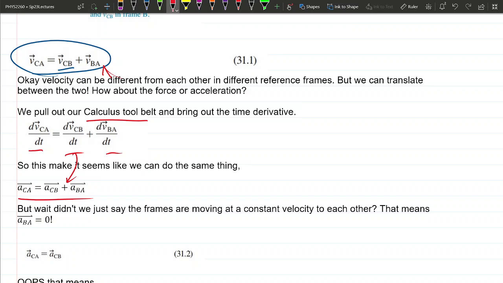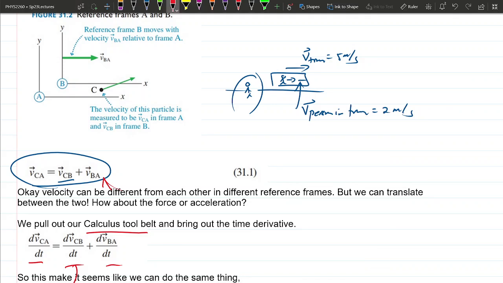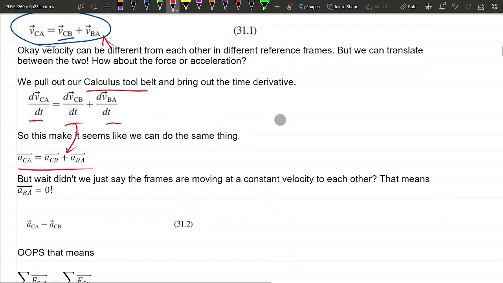We're going to take this special case where the two reference frames are going at a constant velocity relative to each other. We're not going to accelerate. The train is not going to accelerate. It's just going at a constant 5 meters per second. In this special case, the time derivative of the velocity vector between the two reference frames, maybe A and B, Alec and Brittany,